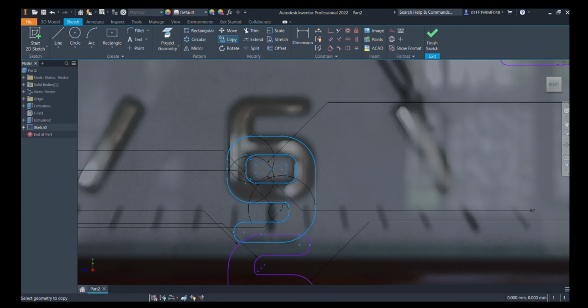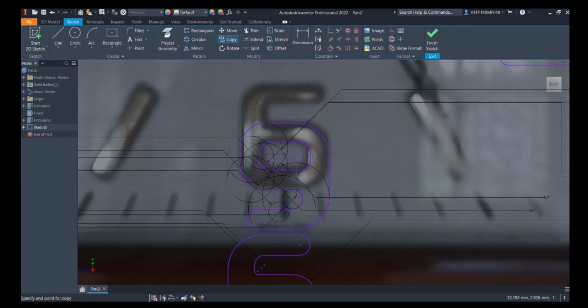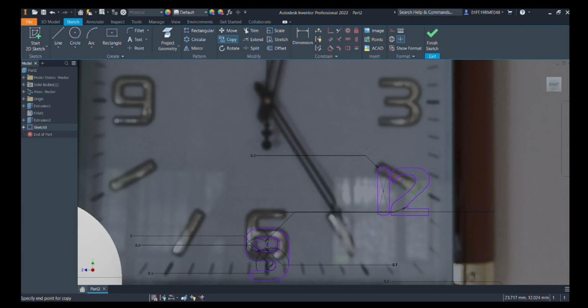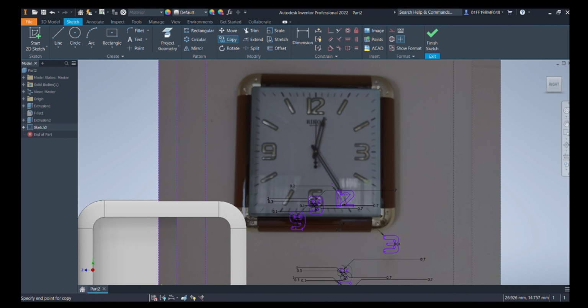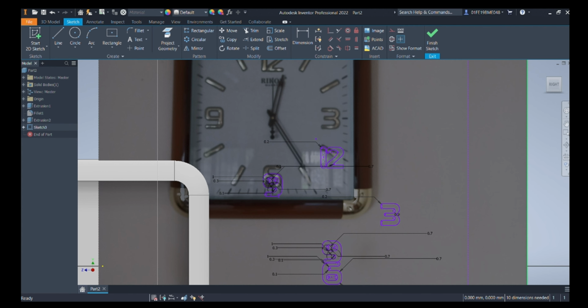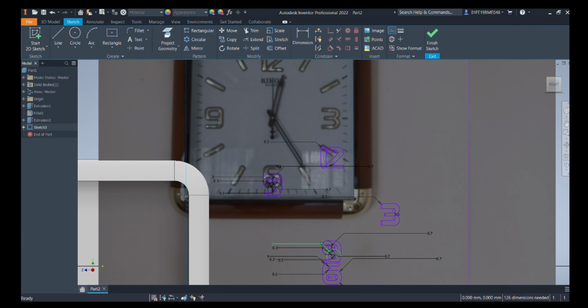So we will move it. Now we can see that the number 6 is also selected. So by holding control and left clicking, we can take it out. Okay, so later we will have one point to fix it properly. And now we can remove the 9 digit which we created below, as we have taken it slightly left above.